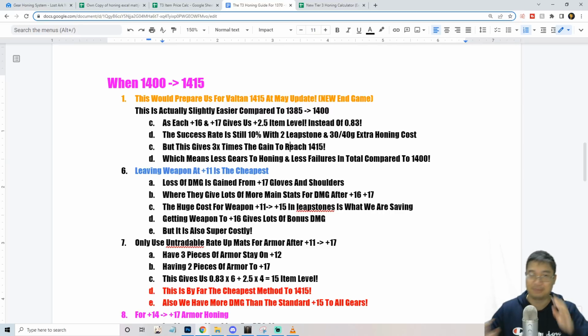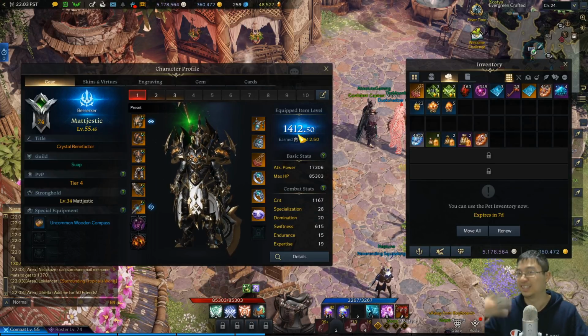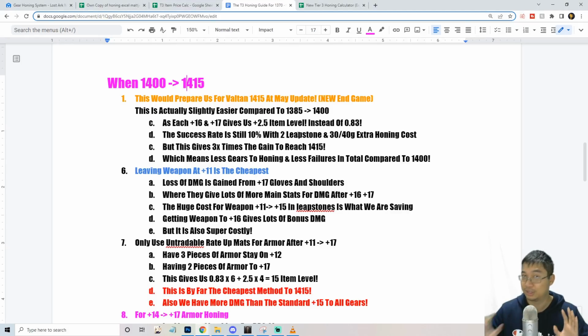Now finally, coming over to the biggest highlight and also the newest addition to the homing method. This will be for 1400 to 1415, and this will be making us for Velton ready for the normal phase. Now, to be honest, it was to my surprise, this was actually slightly easier than getting to 1400. I haven't got there yet, but I can see this is quicker, simply because